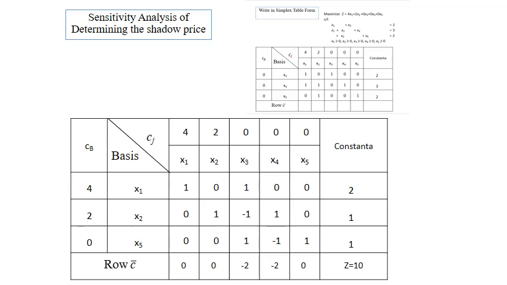Row C is the relative function value. So if the relative function value is already 0 or less than 0, like this or this, then we can make sure that this is the optimum table. And then the optimum solution is 2 for x1 and then 1 for x2. And the optimum value of z is equal 10. We can get this optimum value of z by putting the x1 and x2 into the z function.